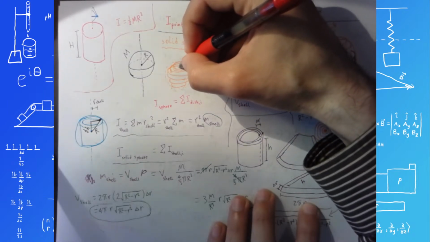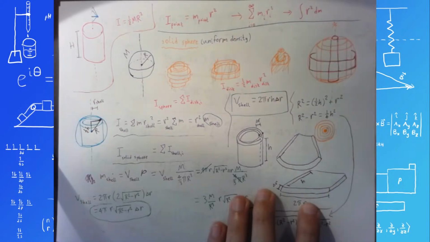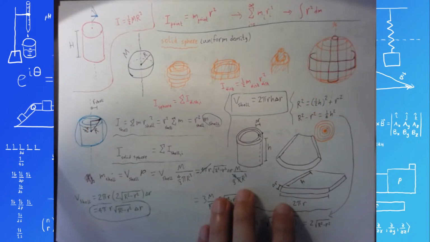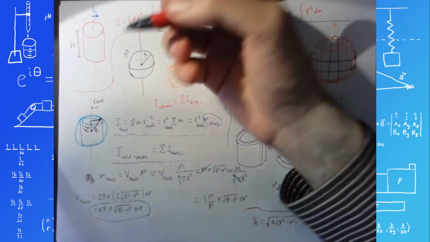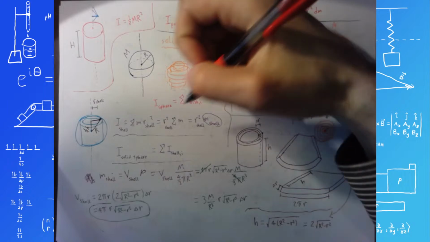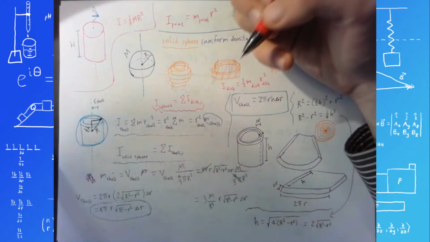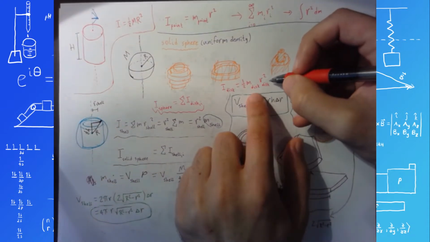Some of the disks on this stack are going to have a bigger radius than others. So that's something you're going to need to take into account. And you're going to have to do something kind of like what I did over here. You're going to have to do a little bit of Pythagorean theorem stuff. But yeah, if you kind of imitate what I did over here, then you should be able to get some